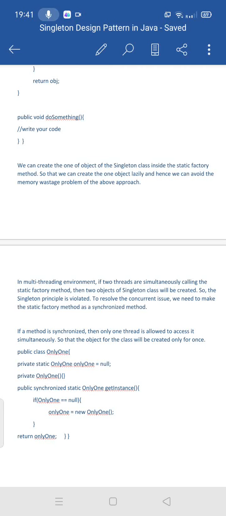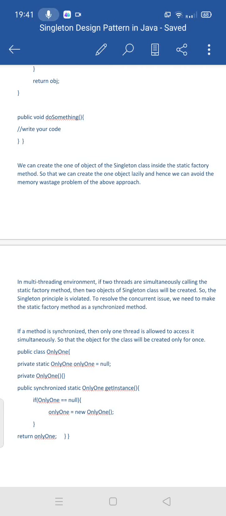So inside the static factory method, at the first call, it will check whether the object is created or not. If it is not created, it will create a new one and return that object. But from the second call onwards, what will happen? The object has already been created, right?